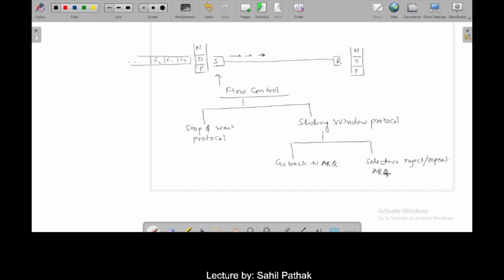Now, in the sliding window protocol, what actually happens in this flow control mechanism is that both sender and receiver agree on the number of data frames after which the acknowledgement should be sent. Okay. Before discussing the flow control mechanism,